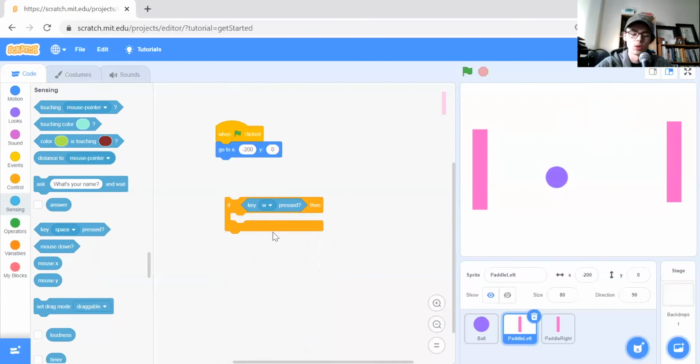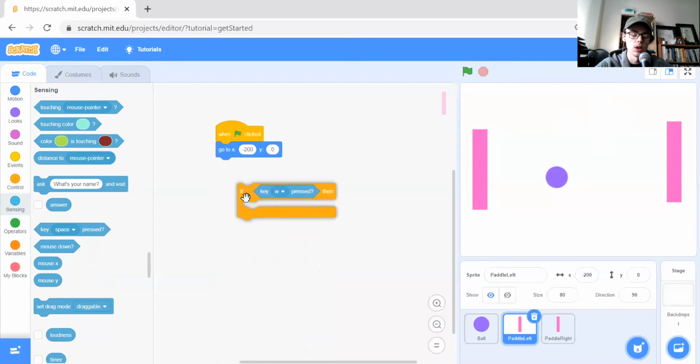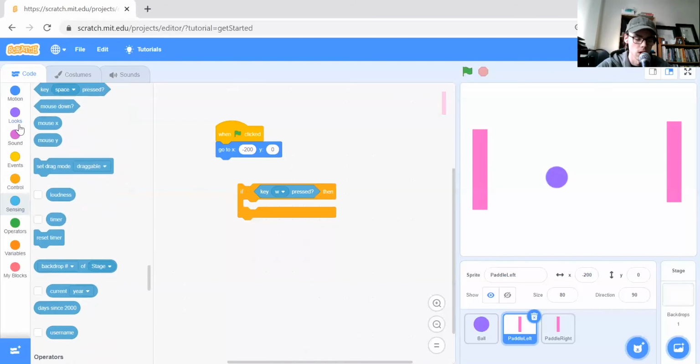And then we'll make the right paddle the up arrow and the down arrow. So now whenever we hit the W key, this trigger will activate. So we want it to be whenever we hit W, which will be our up key, we want this paddle to go up. So what we're going to do is scroll down,